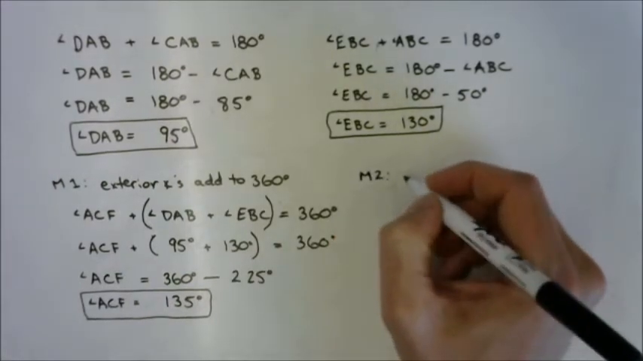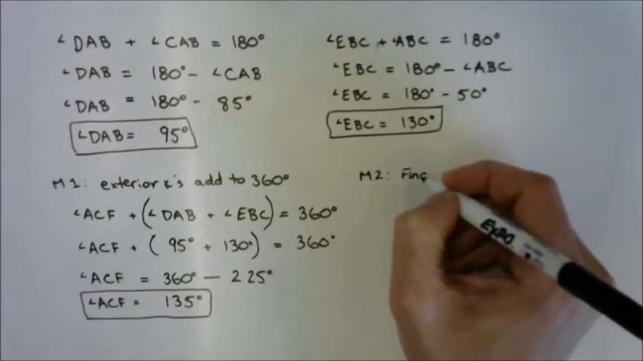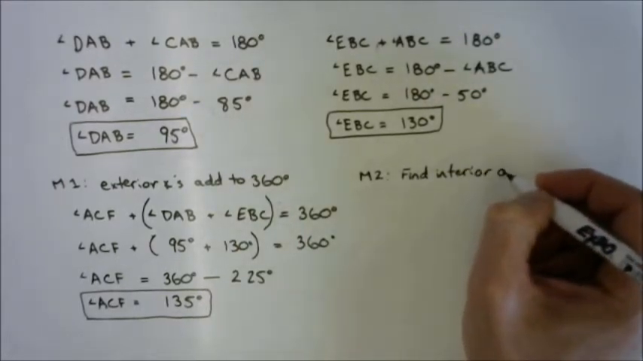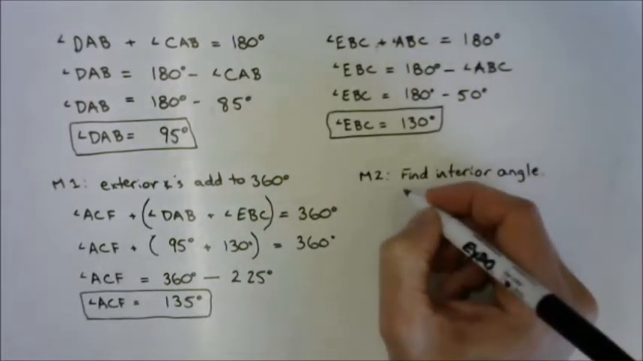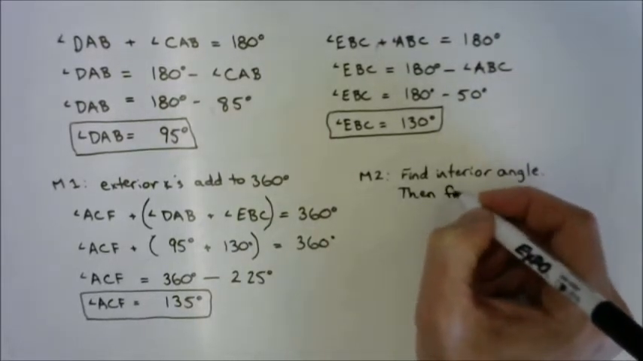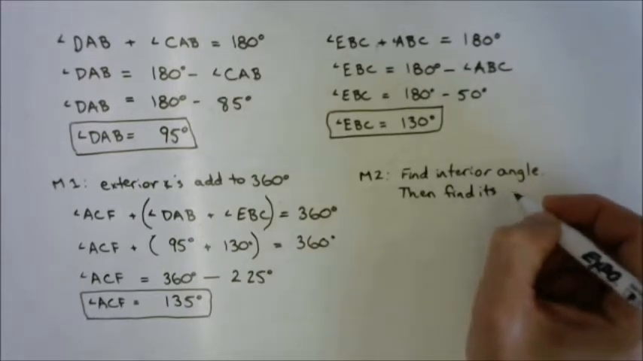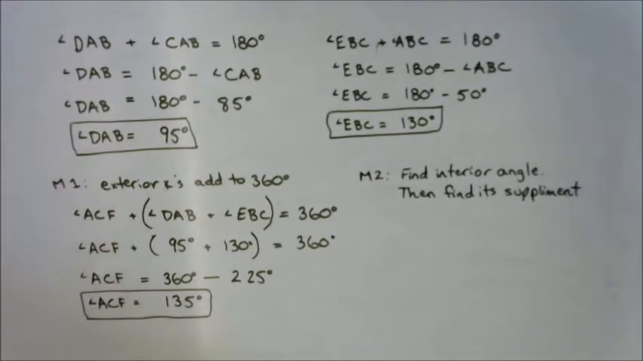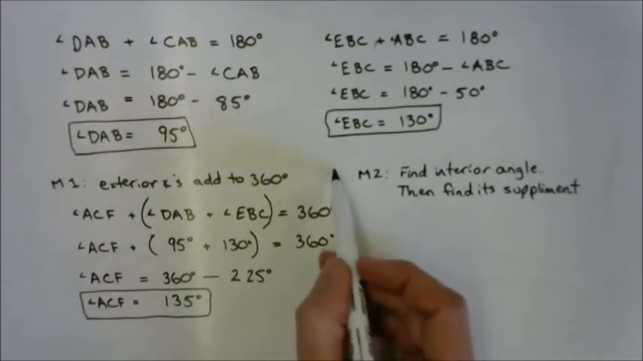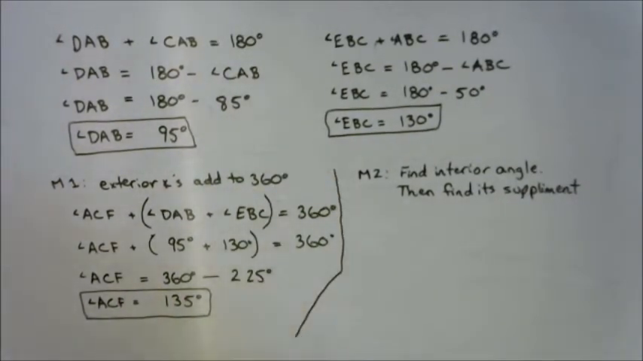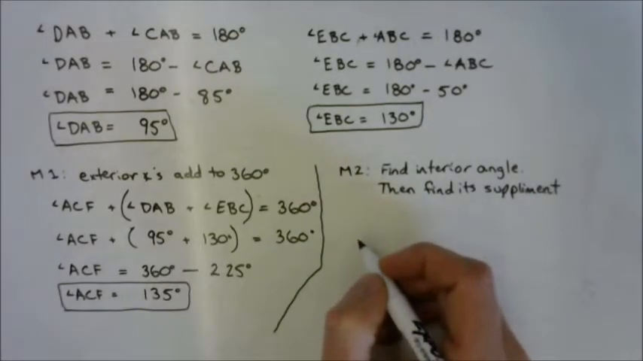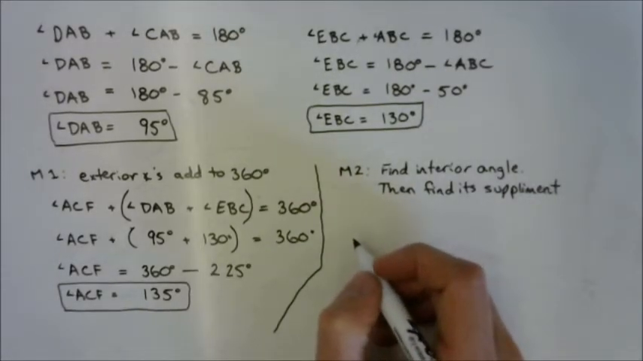Method 2 is find the interior angle, then find its supplement. So that's basically get the last interior angle and then do the exact same strategy we did at the top in order to find the last exterior angle. Okay? So to find that angle ACB,